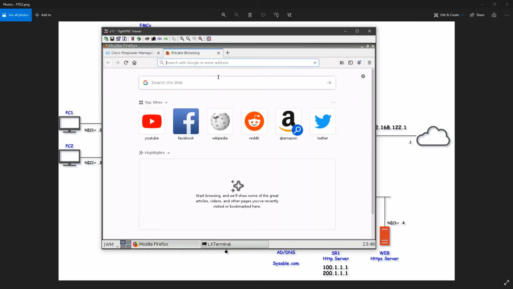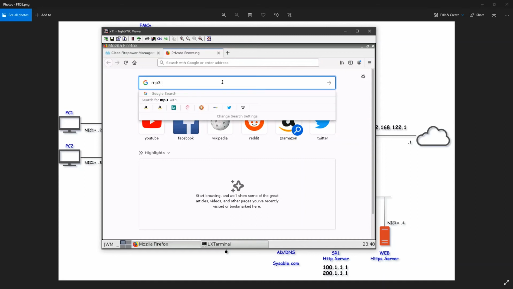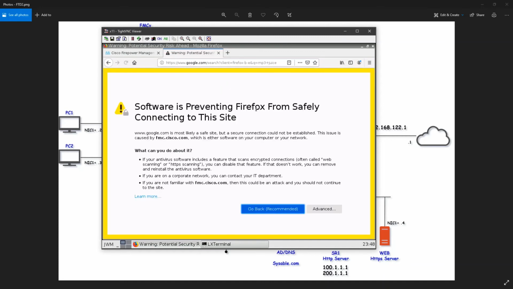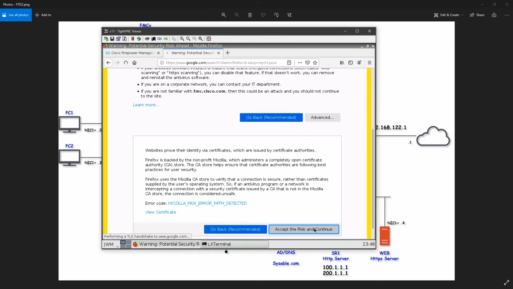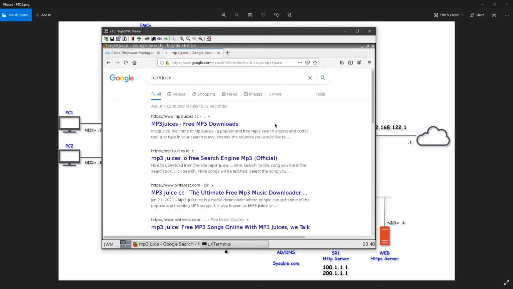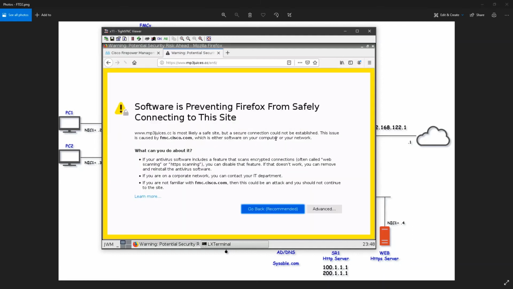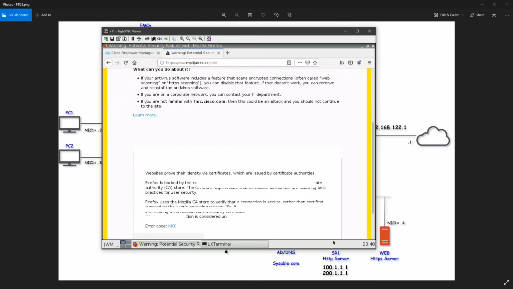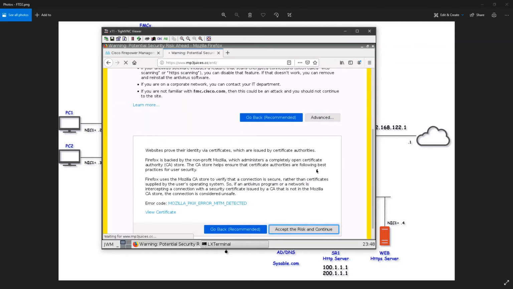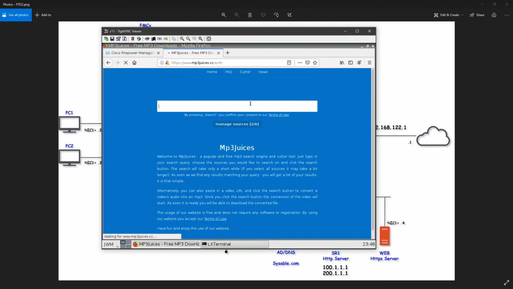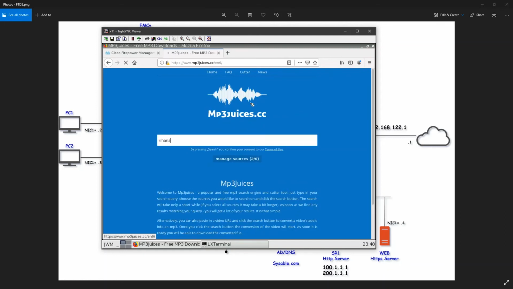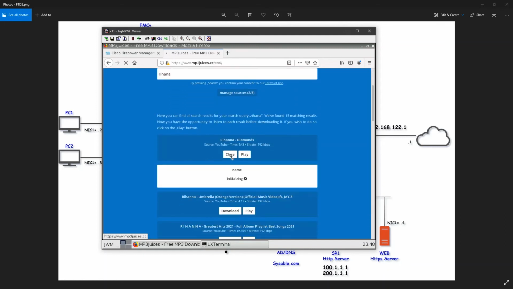So I'll go to the same website which we visited previously. MP3, click on advanced, accept the risk. Try to download the MP3, because we have already blocked those files. Now the traffic is being decrypted, so we should see it blocked.